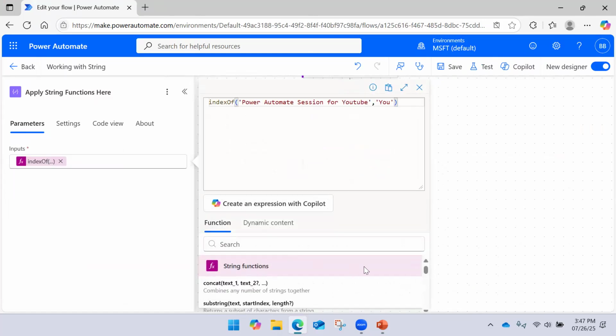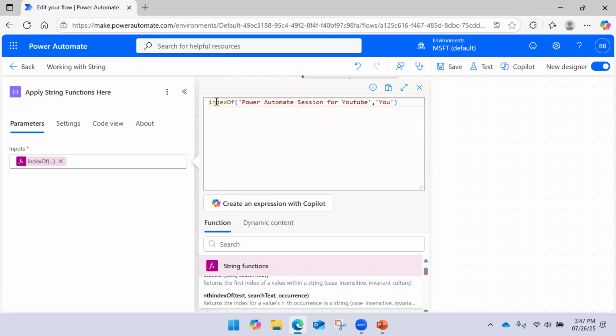Okay, then we saw how to use indexOf. Then there is something called nthIndexOf. So it returns the index for a value's nth occurrence in the string. So first of all, it is asking for the text. Then it is asking for the search text, whatever value we passed.